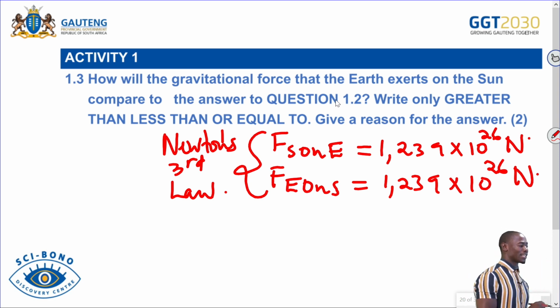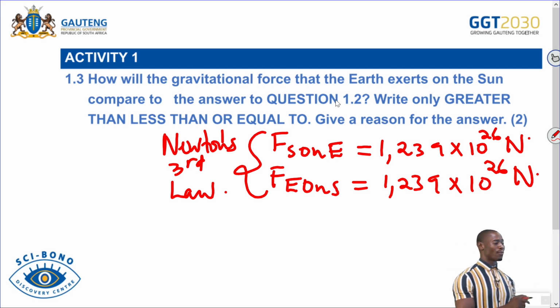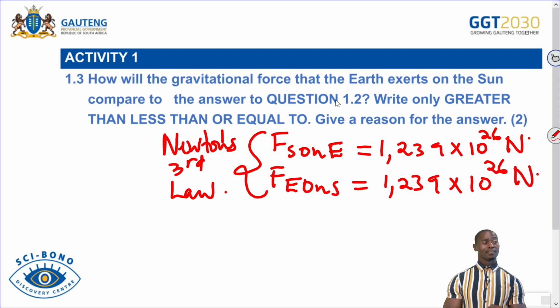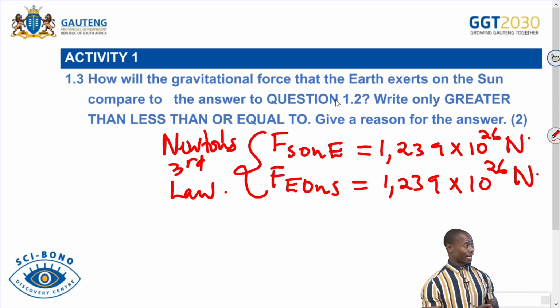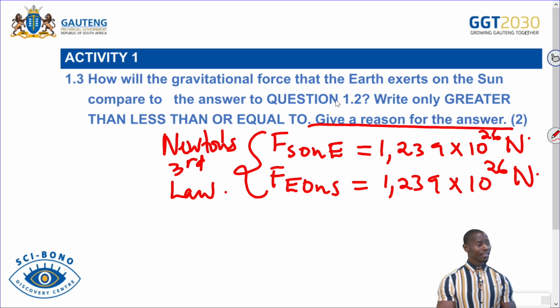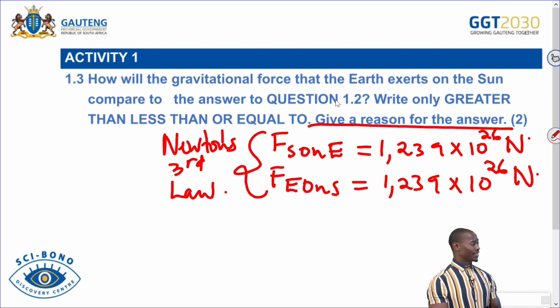even the one exerted by the Earth on the Sun would be 1.239 times 10 to the power 26 Newtons, but in the opposite direction. And they're saying here, give a reason. So give a reason. You can say the reason will be this is application of